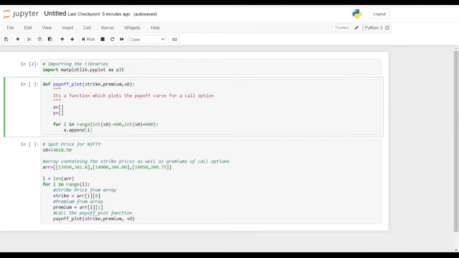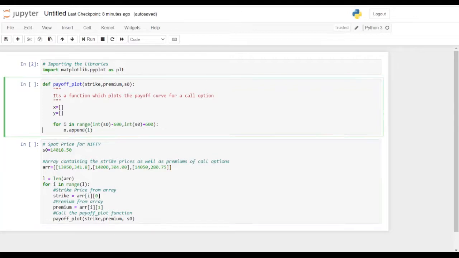That is, get all the possible prices, because let's say your option expires in 30 days. So for the current scenario, we are just taking a range of 600. You could take any range. So for that range, for every possible price, I'll just get the respective payoff. So I'll get my payoff, and every price is running in the iteration, that is i.